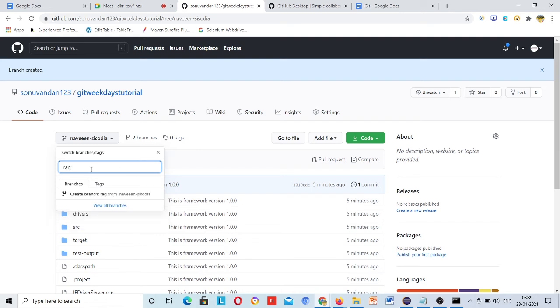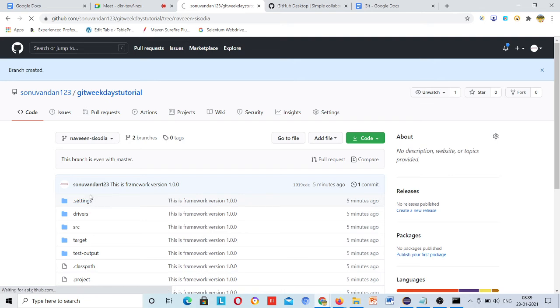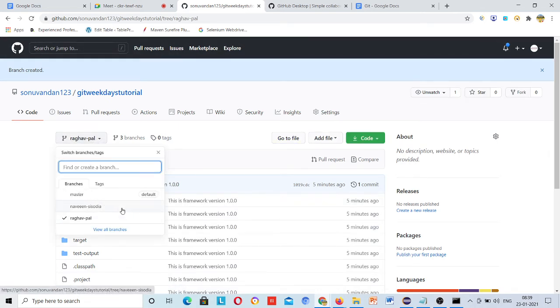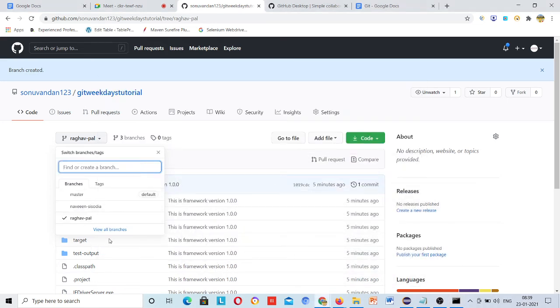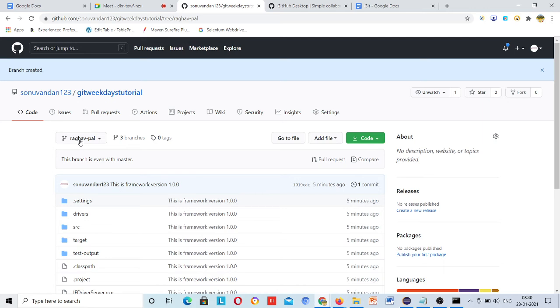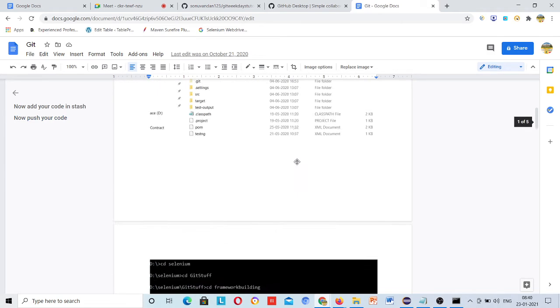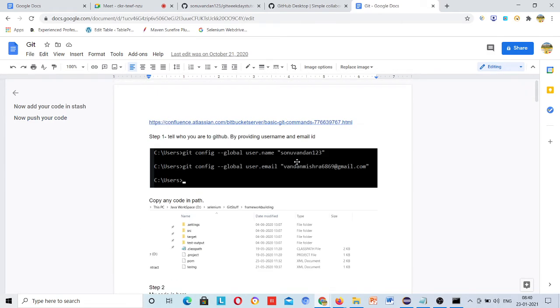Raghav Pal, then this will allow me to create a different branch. Which means these are now two branches, and these persons are working in different branches, so you have to pass your branch name here. Don't go to too much depth on GitHub, this is just for your basic purpose. If you are interested and want to learn, this is all I have written here, in my own language.